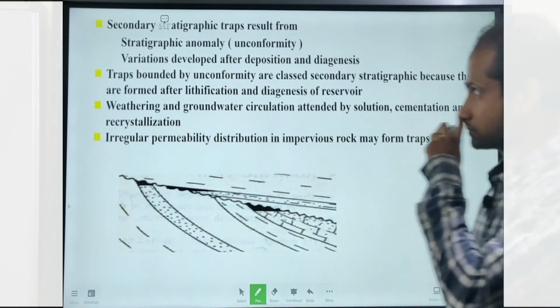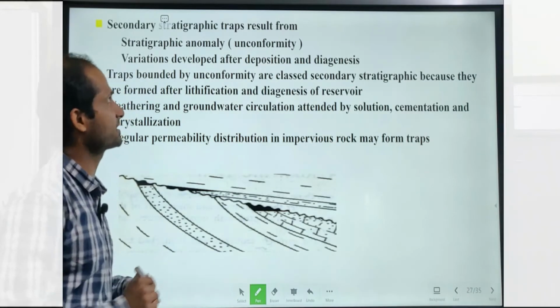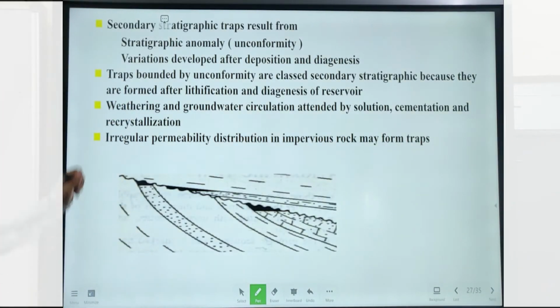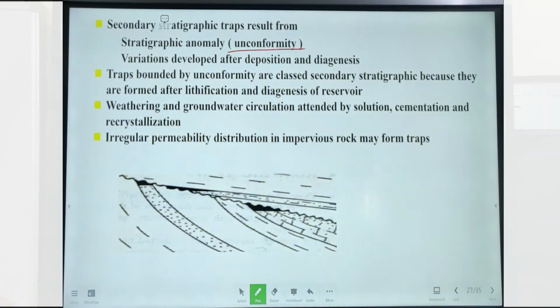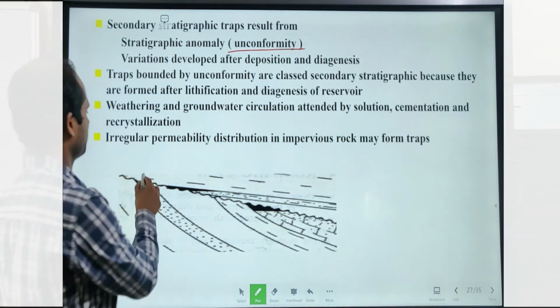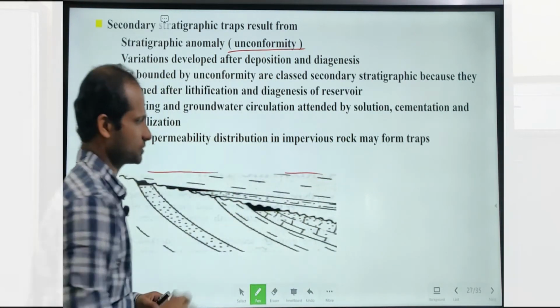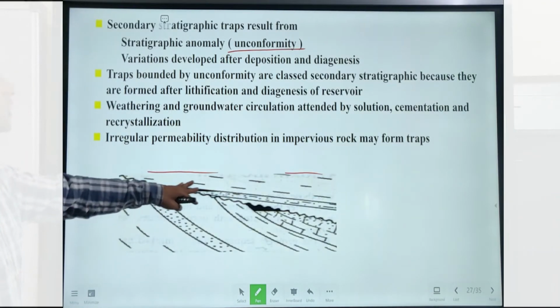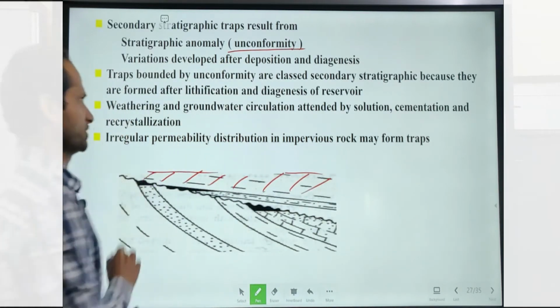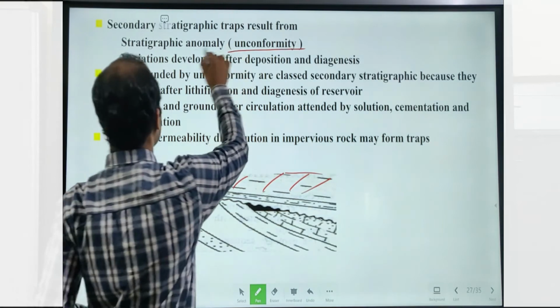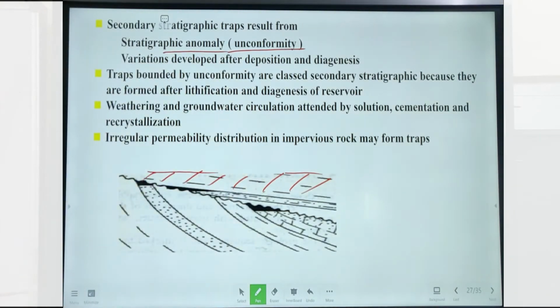And next come, in further continuation, the secondary stratigraphic trap. As I was already discussing, sedimentary stratigraphic traps are associated with unconformity, and this we have already discussed. If we have an impermeable layer in the second phase of deposition, then usually we get accumulation. Apart from the unconformity, like a stratigraphic anomaly which is associated with unconformity, we can get accumulation or secondary accumulation